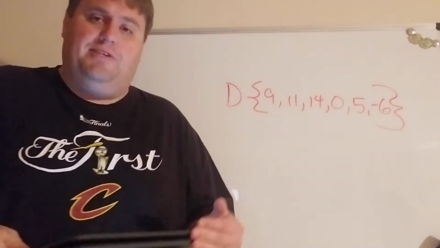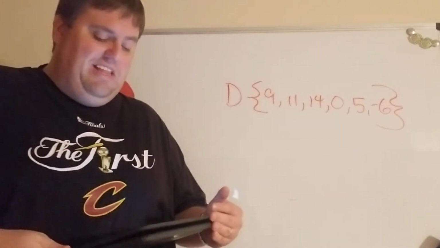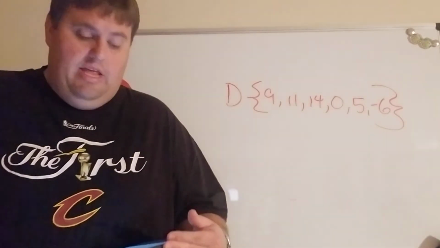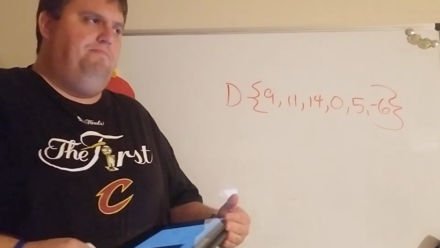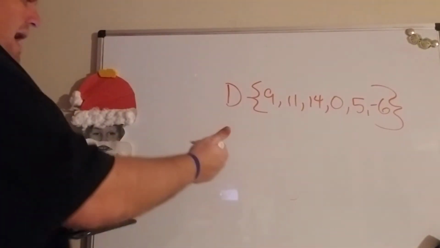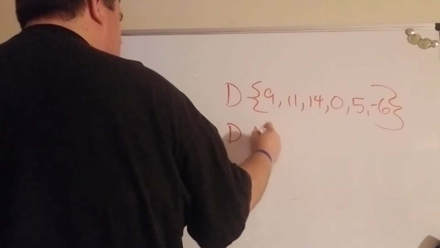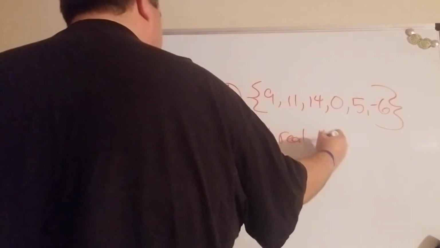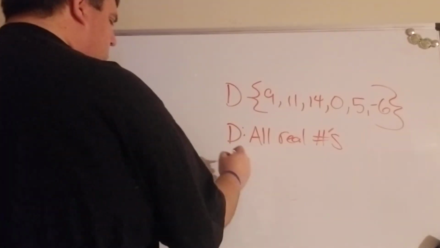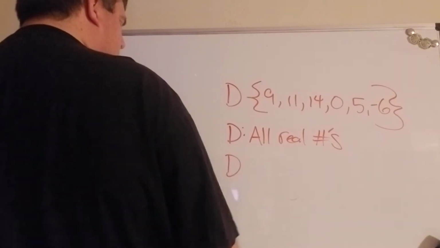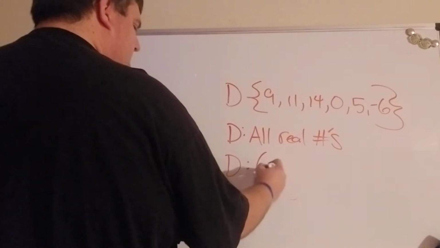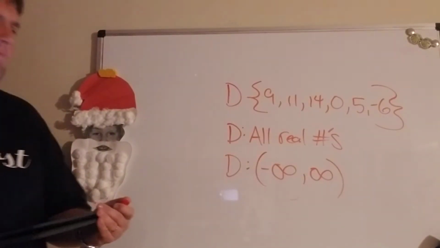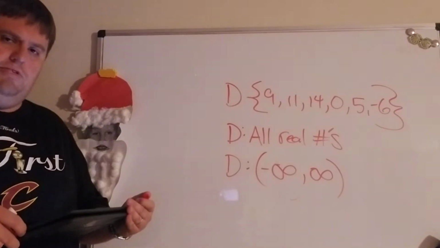Now, number 9, the domain's a little bit more interesting, right? Because you don't have a set of numbers. So where would the x's happen in this graph? Well, it goes all the way left, it goes all the way to the right. So for your domain here, you have some options. You could write all real numbers. That would be fine. Probably the easiest way to see this is the domain. They would say something like negative infinity to positive infinity. And that would be set notation,